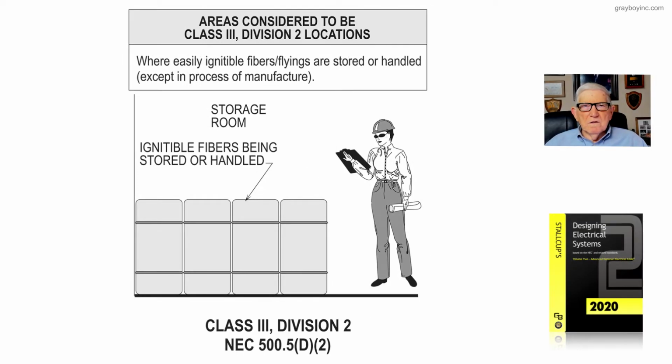Now let's look at this figure 21-10B that kind of deals with areas that are considered to be a Class 2, Class 3 Division 2 location in accordance with NEC 500.5(D)(2). Now notice they're talking about flyings here, where easily ignitable flyings are stored or handled except in the process